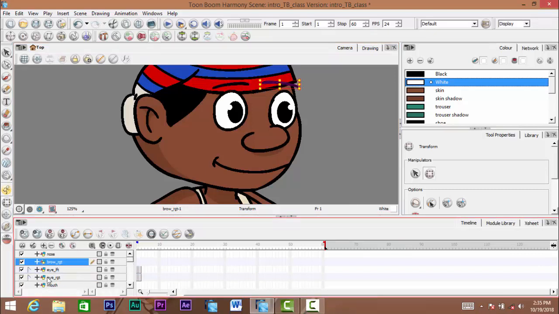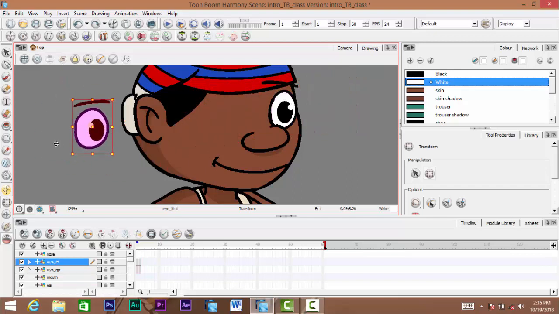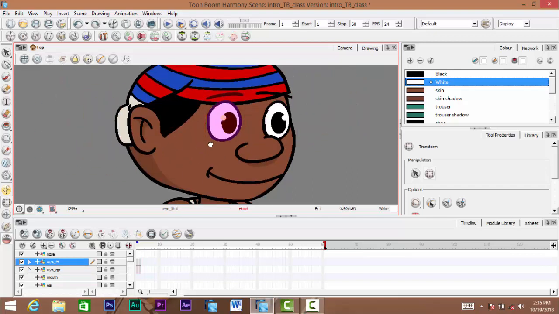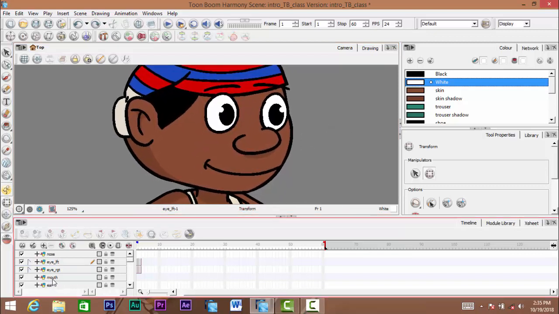So also brow right is supposed to be parented to eye right, so that when I move this eye right, the eye, the pupil and the brow will all move with it. If I move this eye left, both the pupil and the brow will move with it, which is a bit more natural. So you can now highlight every other thing here